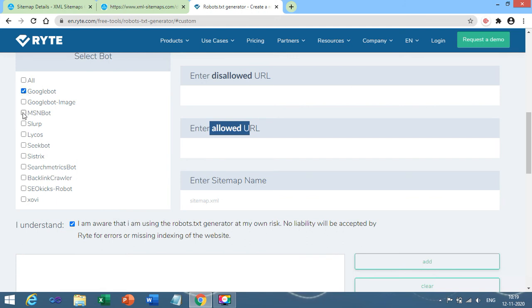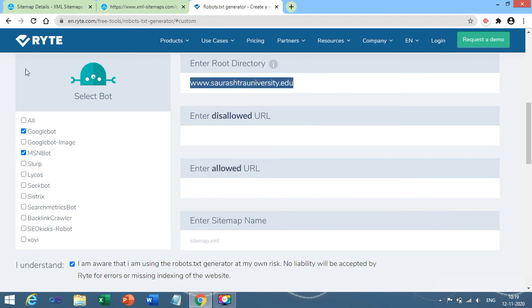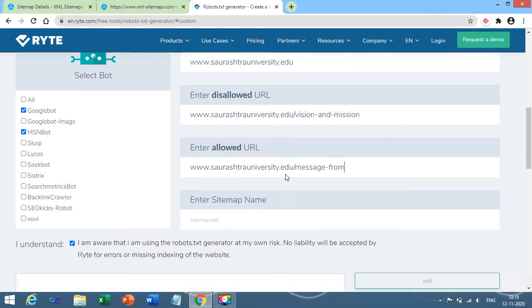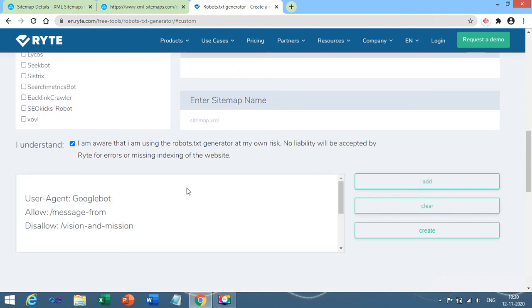Select two bots from the list. Now in the allow and disallow, vision-and-mission and message-from, right. Now click on add.